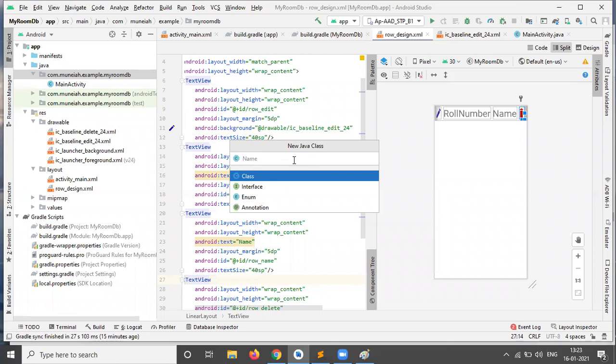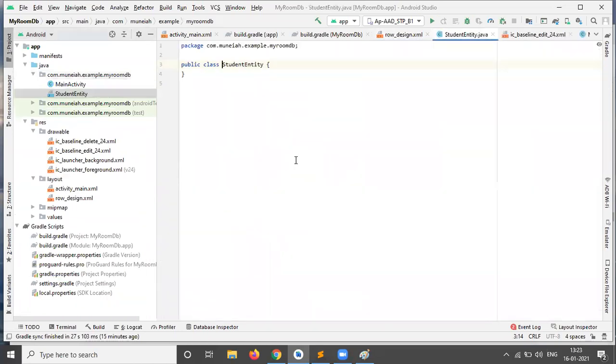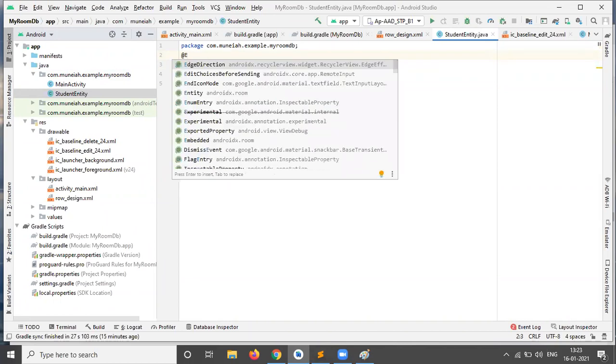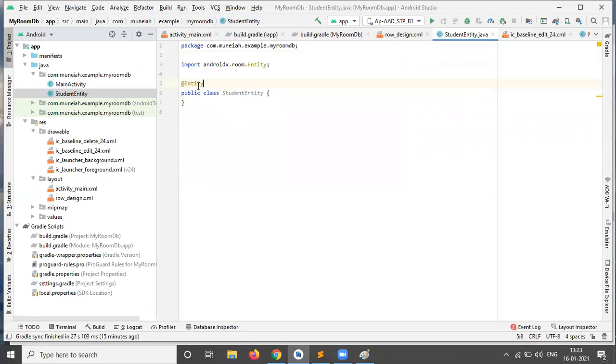I'm creating just student entity. Okay, student entity. For this student entity class, we need to give the annotation @Entity.